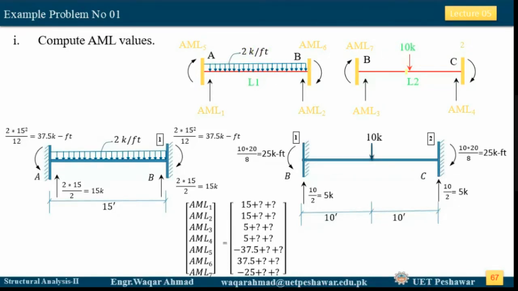Okay, so when you apply this 2 kip per foot and 10 kip load on your restrained structure, now you need to find out the member actions corresponding to your AM1, AM2, AM3, AM4, AM5, AM6, and AM7, and you call them AML1, AML2, AML3, AML4, AML5, AML6, and AML7. Okay, so now, as you know